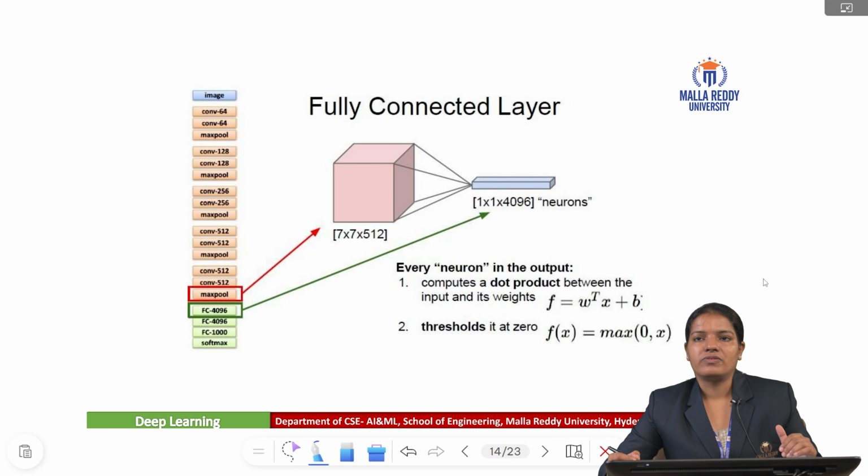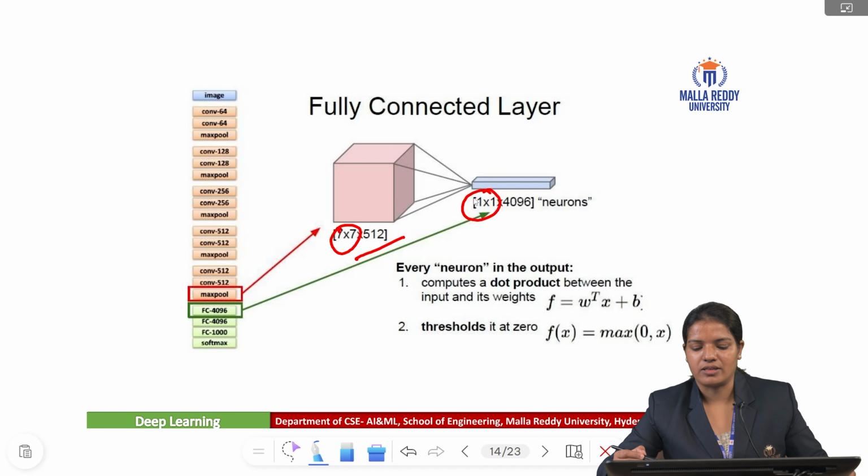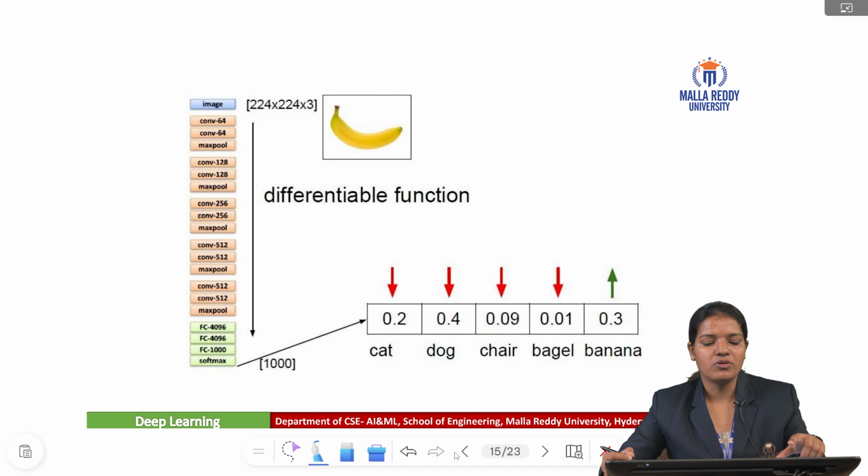After using many convolution blocks, which consist of the convolution layer, ReLU activation function, and the max pooling layer, we feed the final features into the fully connected layer for the classification. Here we can see the 2-dimensional features now change into a 1-dimensional array. Suppose we have an image of a banana; after passing through the different convolution blocks and the fully connected layers, we will get